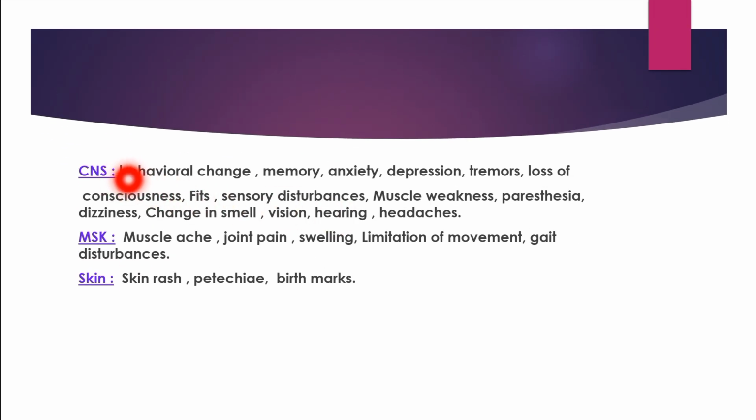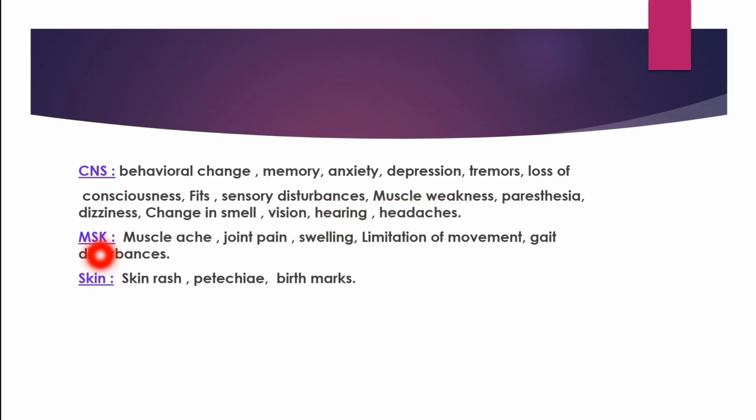And CNS history asks about the change in the behavior of the patient, memory loss, history of anxiety, depression, tremors, loss of consciousness, fits, sensory disturbances, muscle weakness, paresthesias, dizziness, change in the sense of smell, vision, any loss of hearing, or any history